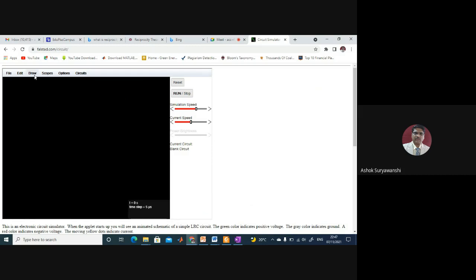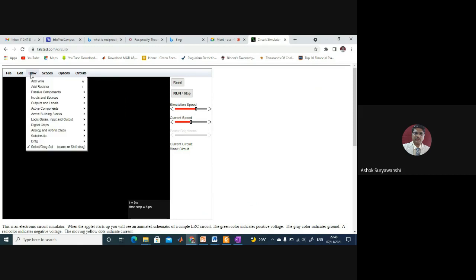So we'll take a few circuits from our assignments. I think I gave you some practice assignments so that it will be easy. From the first or second practice assignment, in the first two problems were given, and in the second, I think I had given 10 problems. So I'm taking the first problem from that. Let us draw this particular circuit diagram first.